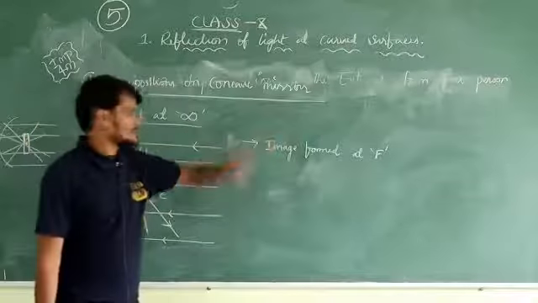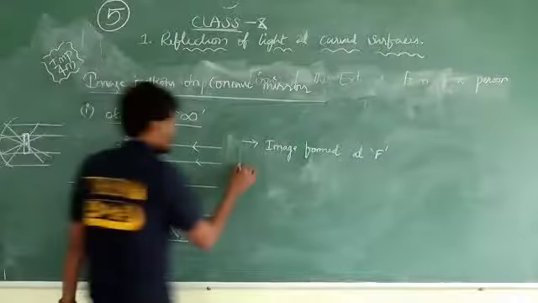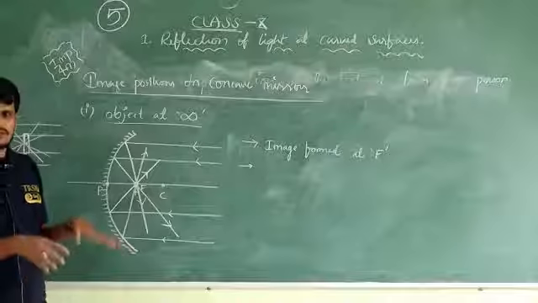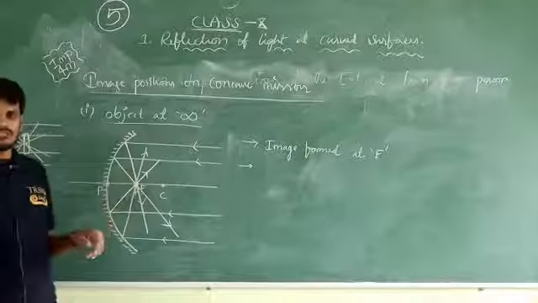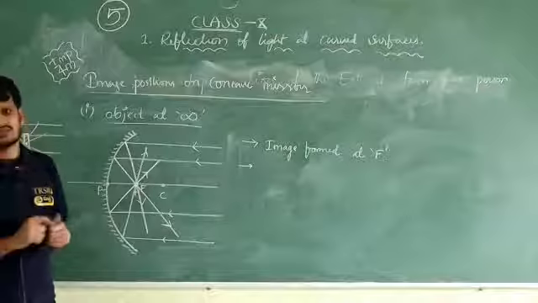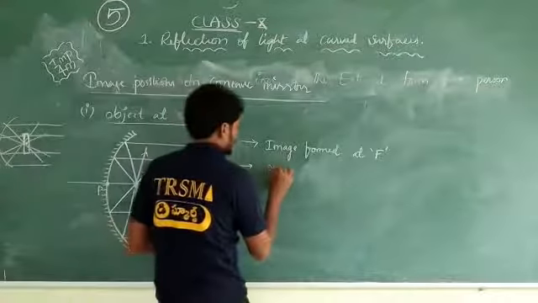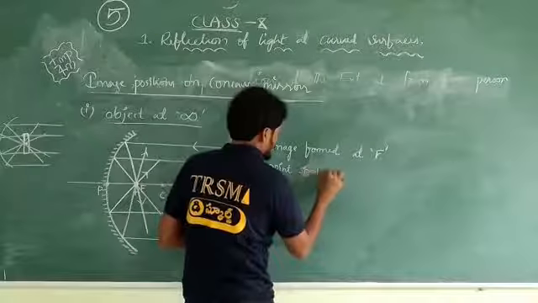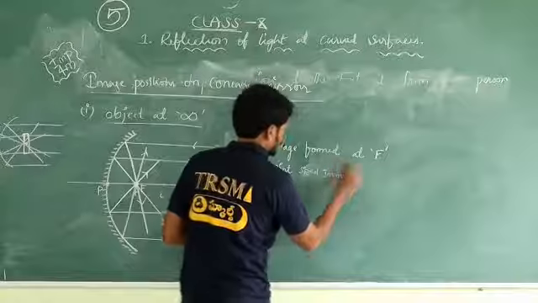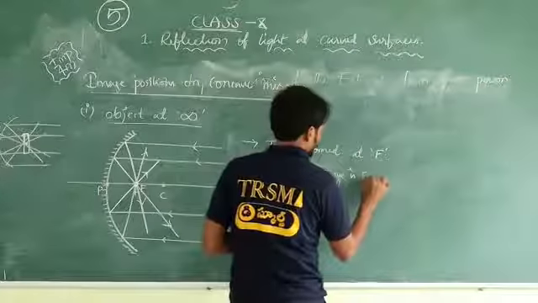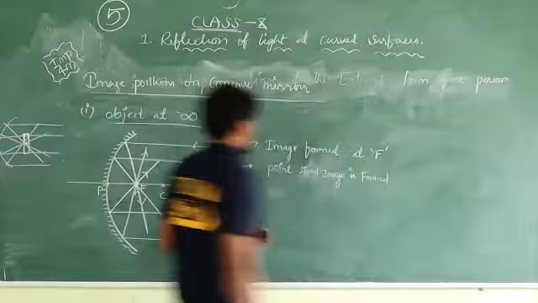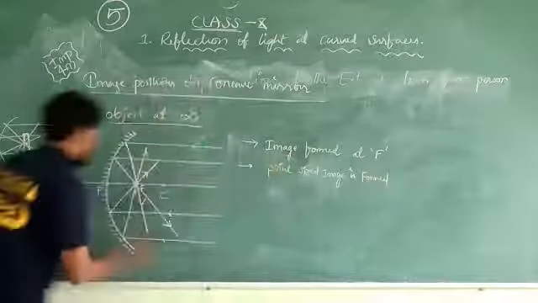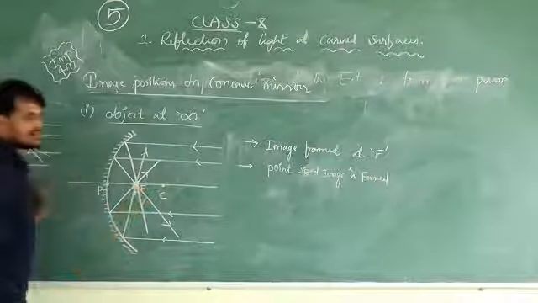So where is the image formed? The image is formed at F. What type of image? It's a real image, but I have not mentioned it, because there are no characteristics to explain. It's a point size image. It looks like a dot type of structure. So the image is formed at F and a point size image is formed. How does it look? Point size is a dot like structure.